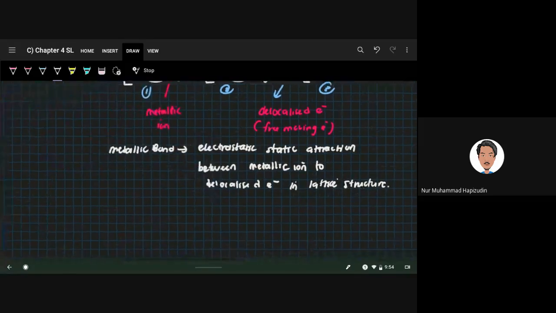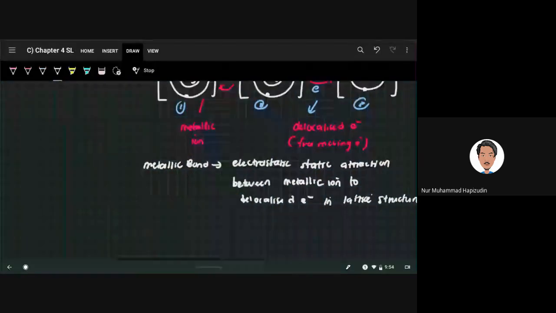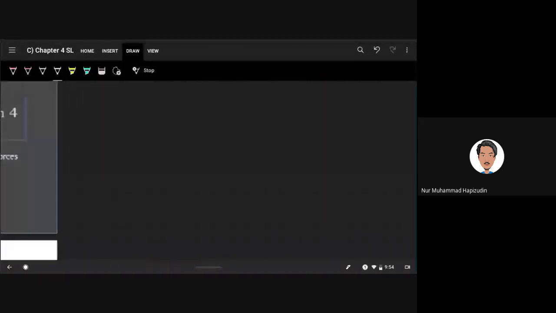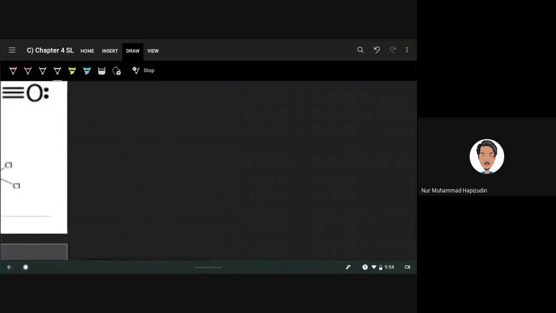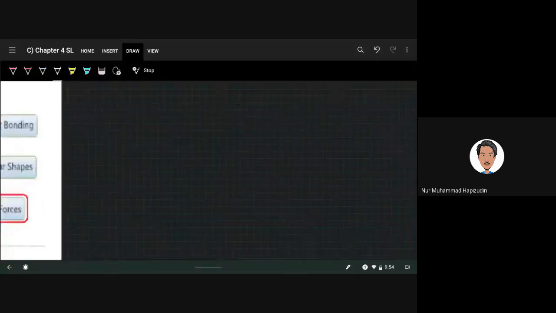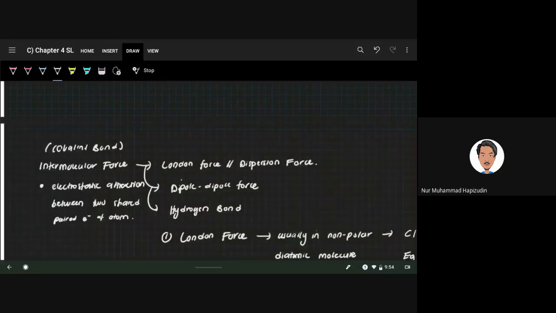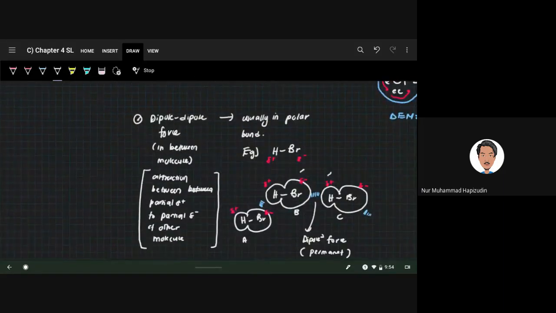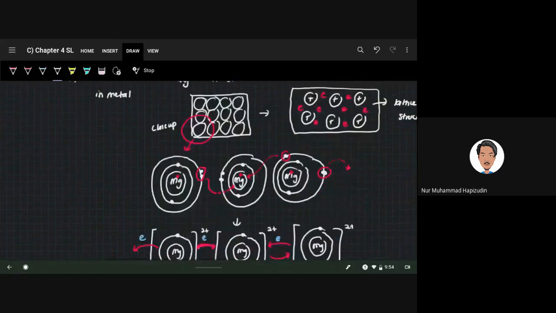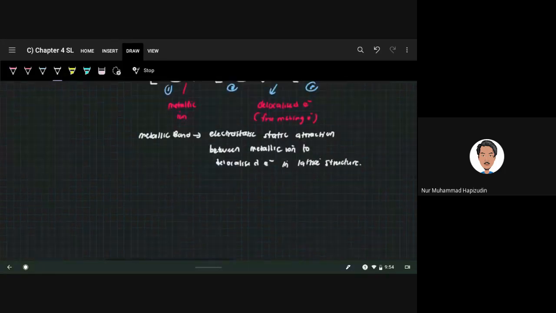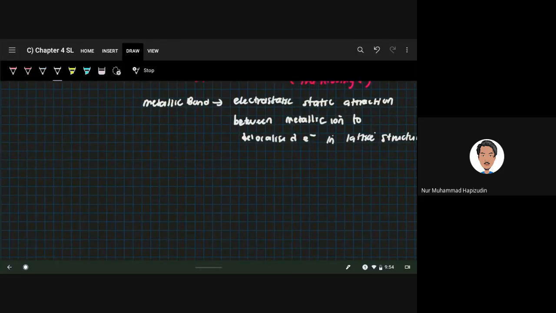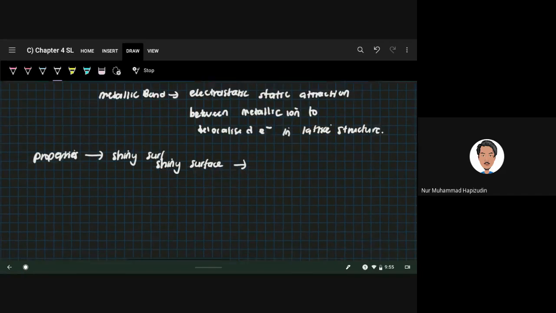What is the properties of metallic bond? Properties. Dah hilang mana? Bawah balik. Okay, metallic bond properties. Okay, what is the properties of metallic bond? Properties. First, apa yang kamu tengok kalau tengok pada metal? It have shiny surface. Conduct electricity. Kejap, it have shiny surface. Okay, why it have shiny surface? Because